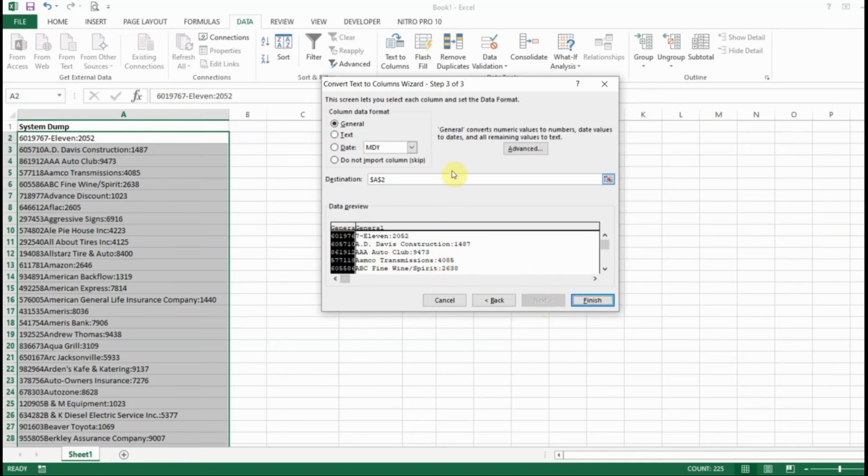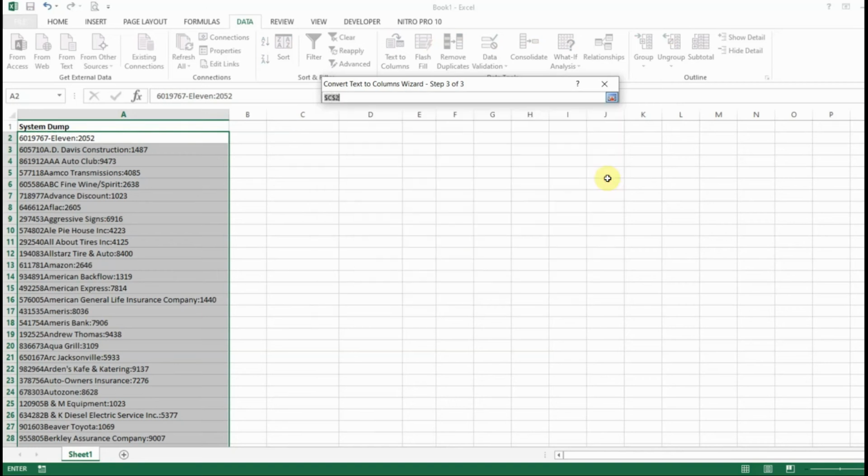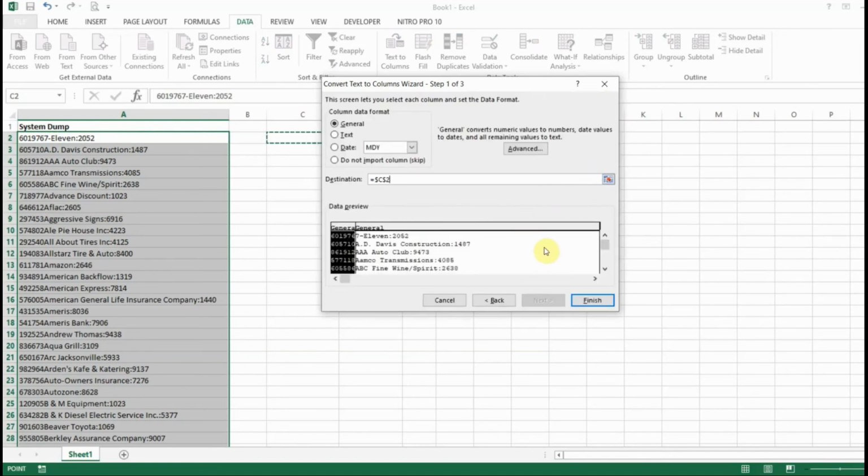And then this screen is asking what kind of format we want to put it in, and where we want the new information that's generated from this range to show up on our spreadsheet. So we're going to put it here in C2. That's where we're going to start the new table. There's two options here. You can either click in there and just type in C2, or you can click on this and select where you want the information to show up, and then click this little box to come back to it. So once we do that, we're going to click finish,